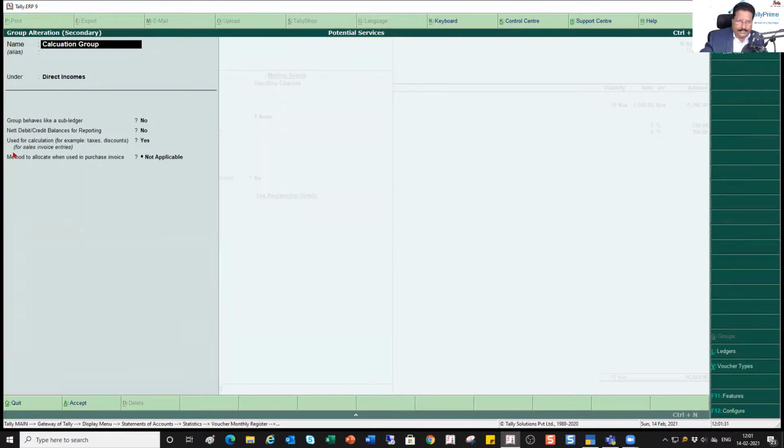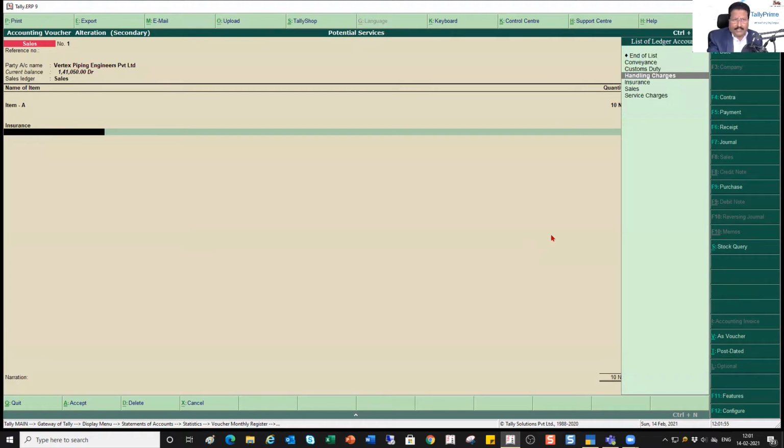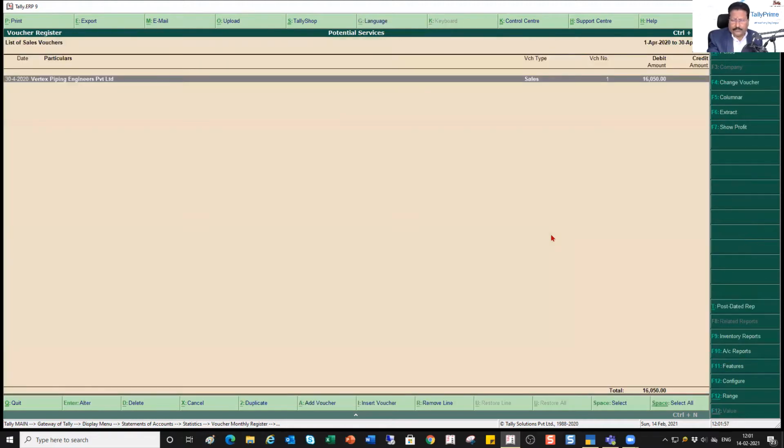And you will see here that used for calculation, for example, taxes, discount, sales invoice, etc., is also we have made this as yes, and that is how Tally is actually calculating the rate as per the specified percentage.